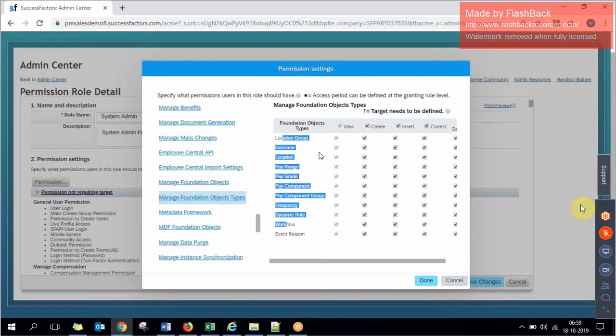Okay, if only access is given to you here, then you can only access them through manage job based structures. You cannot bulk upload or download them. And here you have